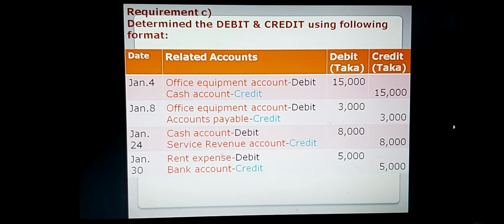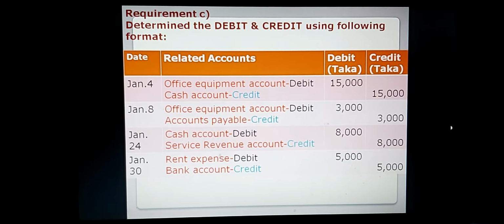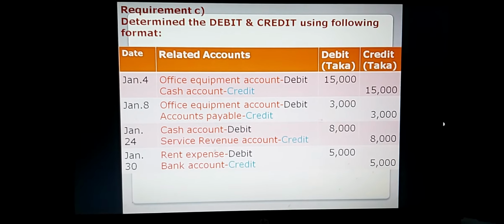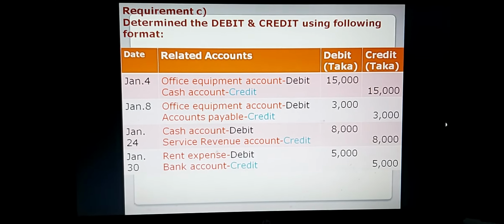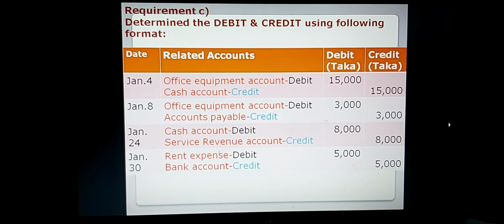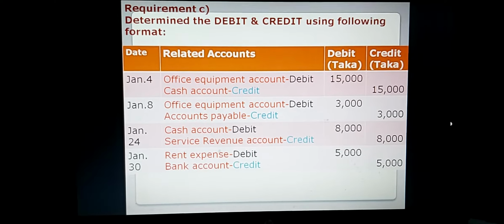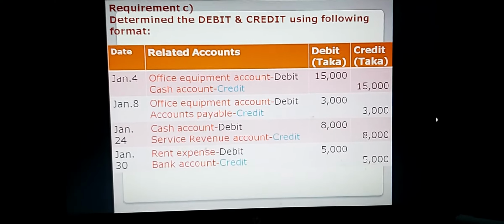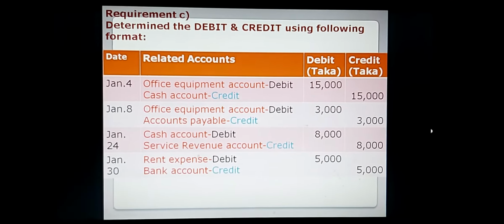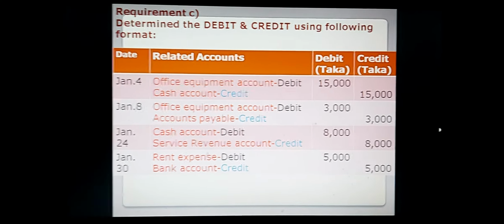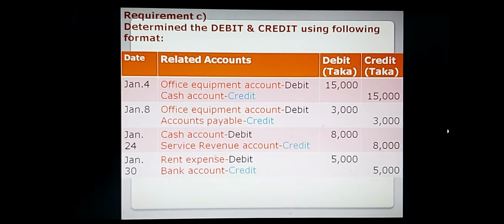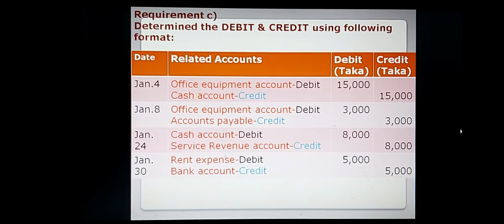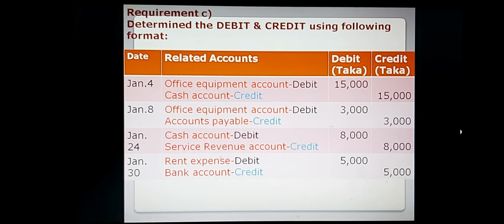So you have already known from the first digital lecture, which was delivered by me in the chapter of double entry system, how to determine the debit and credit. When you determine debit and credit, four columns are available in each transaction: date, related accounts, debit taka, credit taka. Okay, now we can go to determine the debit and credit for the fourth transaction: